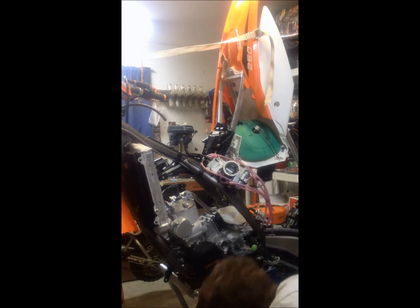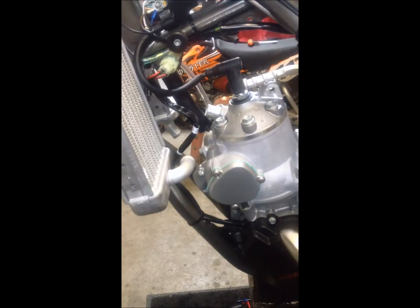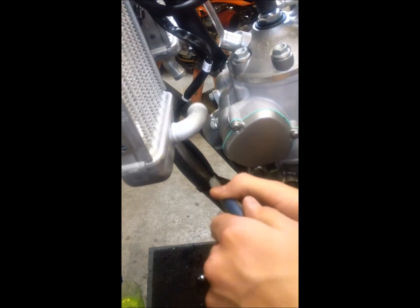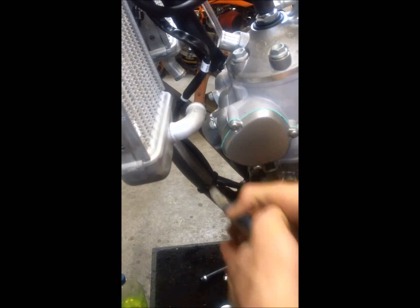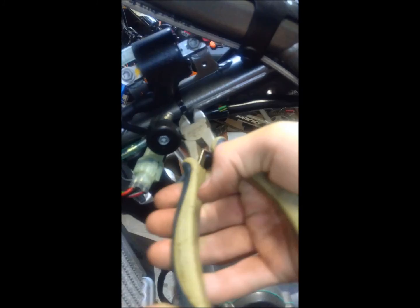Now, seeing as we're going to be removing the electrical from the engine, we're going to want to take all the tie wraps and cut them to dismantle the electric wiring from the frame. So there's one tie wrap out. There's another one. Here's the third one. And last, we've got this